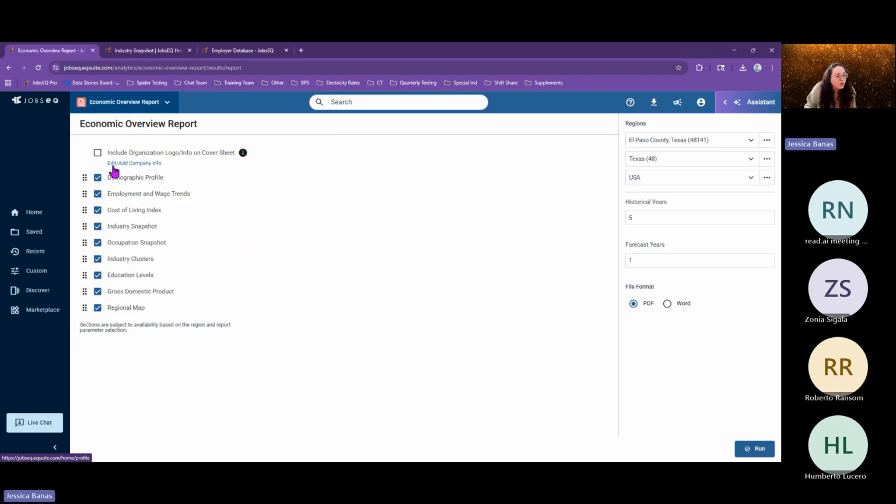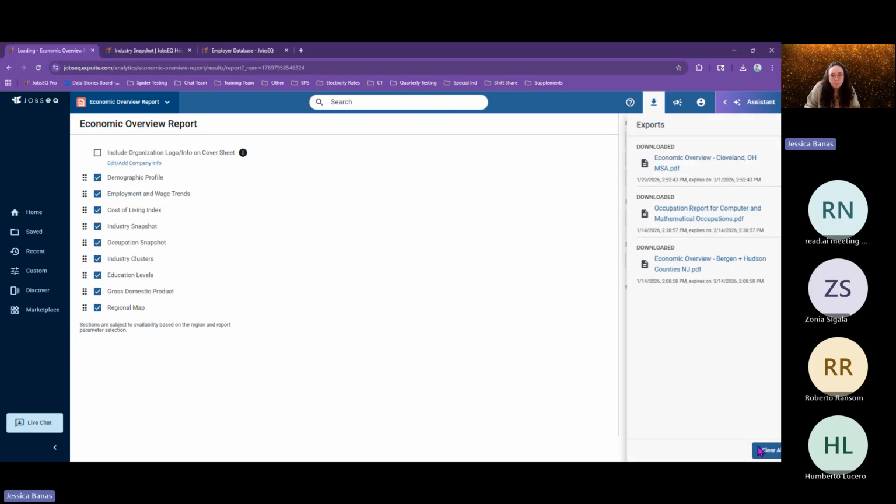Okay, great. Yep, if you add your company logo and info to JobsEQ, you can click this and it'll make a custom cover sheet for you as well. That's great. So we have to choose our region and then 2 comparison regions. I'm just going to leave this as Texas, El Paso, Texas, and USA, if that sounds all right. Yes. And then since we have that industry snapshot, it has our historical and forecast years, so we could change those if we wanted to. And then it asks if we want a PDF or a Word doc, and I'm just going to leave it as PDF. So with these, when you hit run,